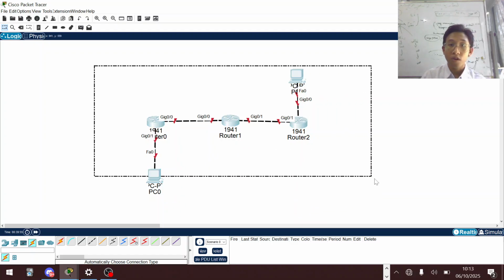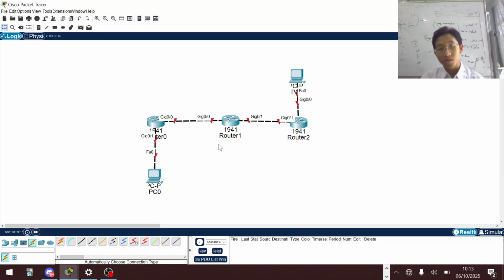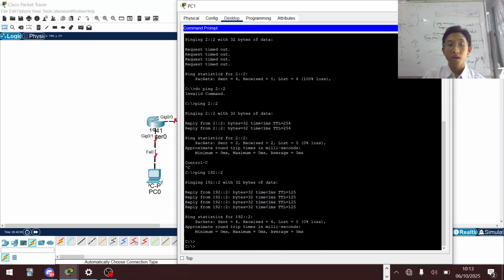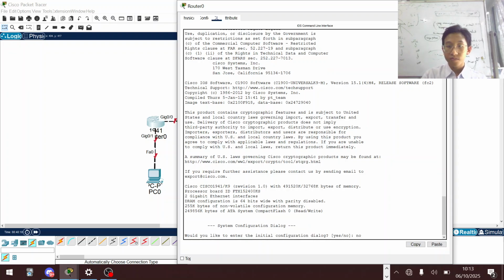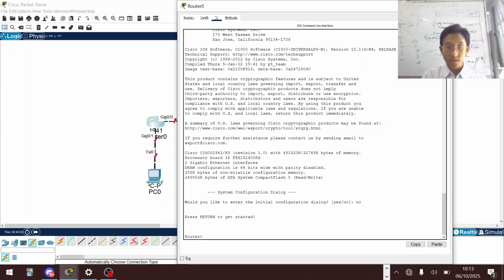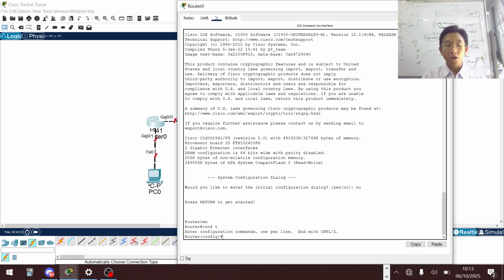But first of all, of course, we will need to configure all of these routers and the IP address on each interface. Here I've prepared, and before I've tested and it works, 3 routers and 2 PCs in which we will configure the routers with RIP and IPv6. First of all, we will directly get into the global configuration mode and then turn on the unicast